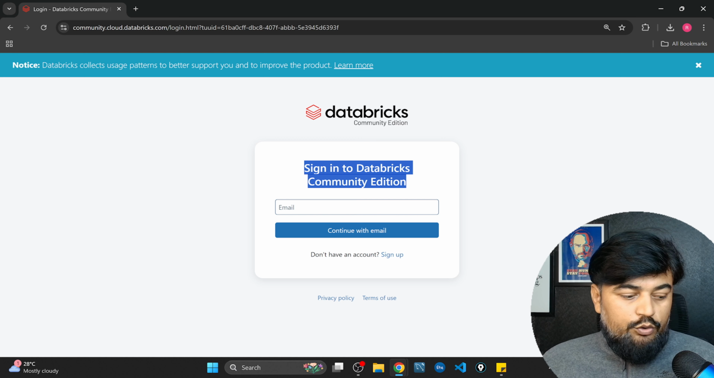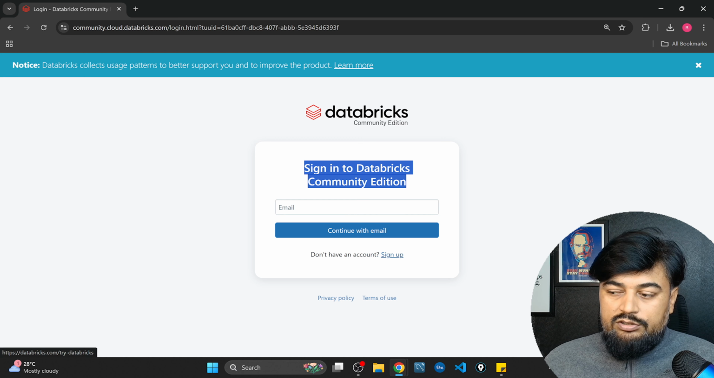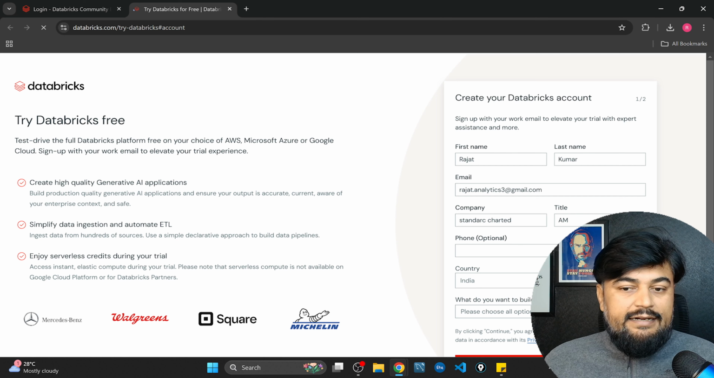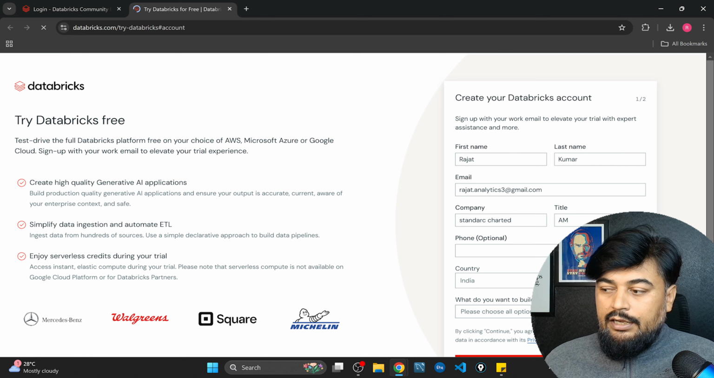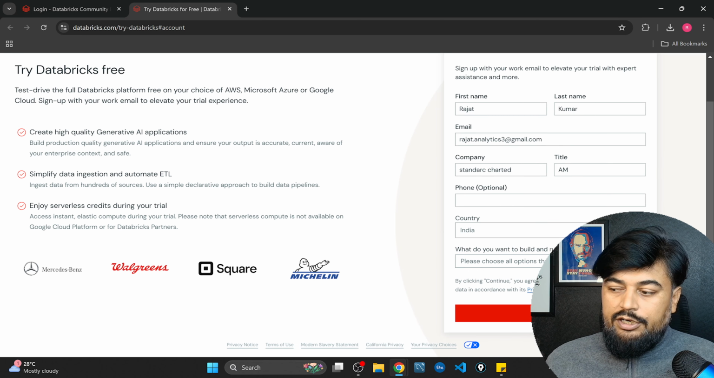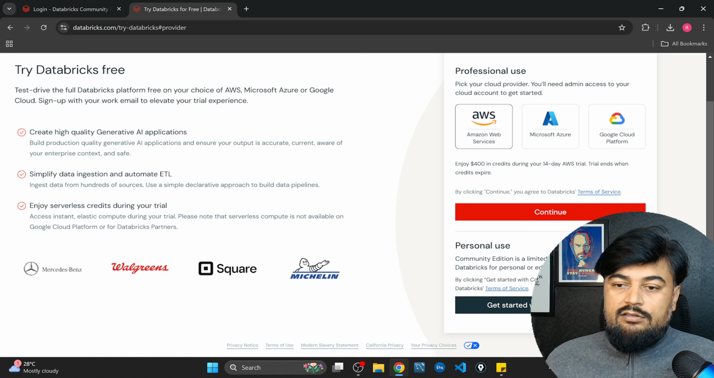So now what you need to do, just click on this, don't have an account, sign up. Enter all your details. My details are coming by default, let's say, and after filling in all these details, just go down and you need to click on continue. So there is this continue button. Again, this will come. Don't click on any of the cloud platforms